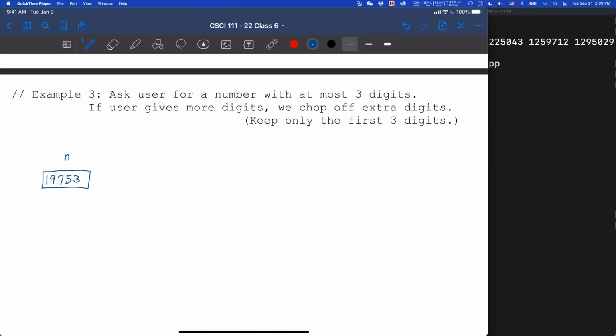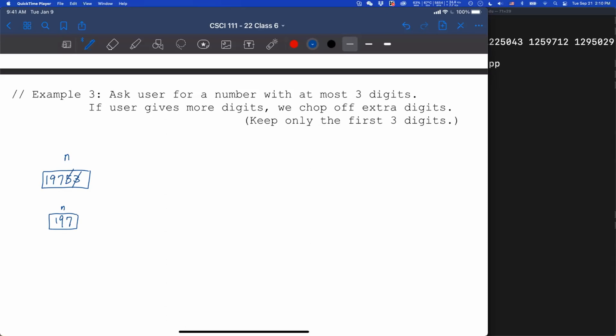It's too many digits, so you need to get rid of the last digit, still too big, get rid of the last digit. And then you want to end at 197. Keep going until your n is between 0 and 999. You'll keep doing it until your number is in the proper range, right?